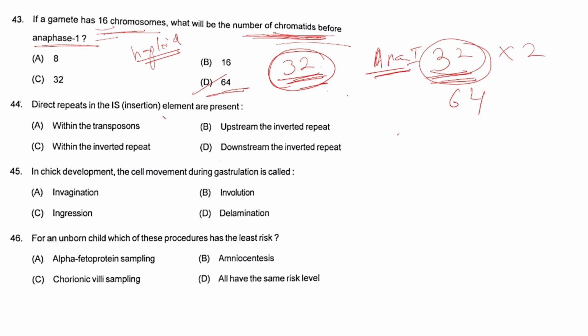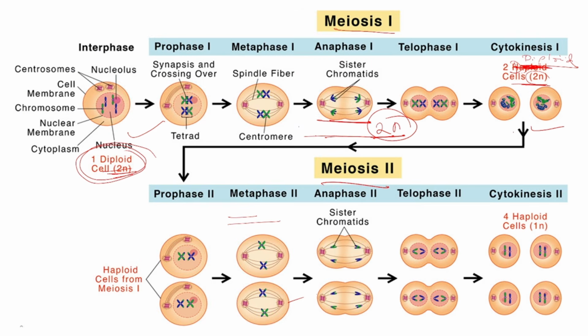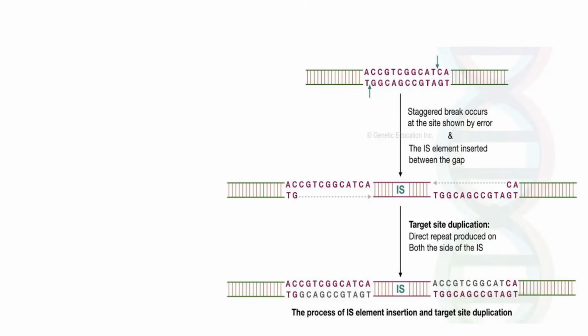Clear? Next, question number 44. Question number 44 is asking where the direct repeats in insertion elements are present: within the transposons, upstream of the inverted repeats, within the inverted repeats, or downstream of the inverted repeats. Okay, remember a transposon element is made up of, if I show the diagram of a